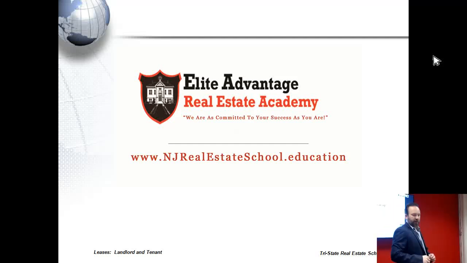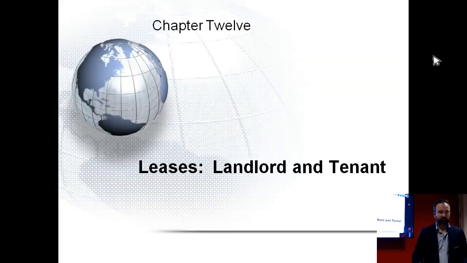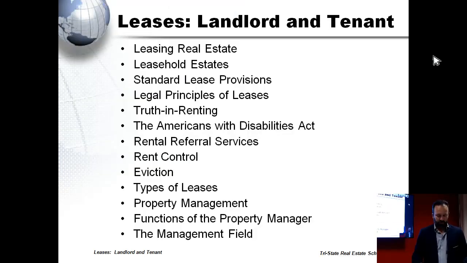There we go. All right, chapter 12. This is where we're talking about the leases, landlord and tenant. In this chapter, we talk about actual eviction, Americans with Disabilities. We're going to go through the property management, demising clauses, state lease, ground leases, holdover, implied warranty of habitability. Okay. Talk about the lessor, the lessee, net leases, all that kind of good stuff, tenants at will, truth in